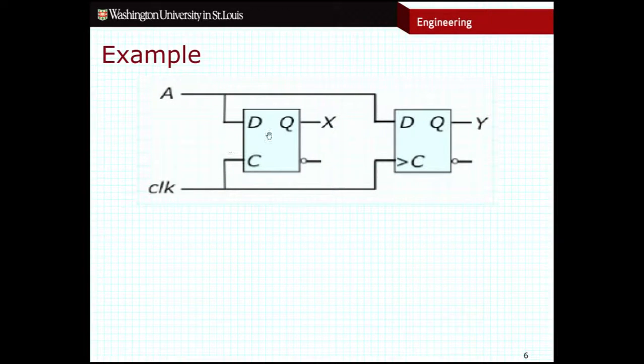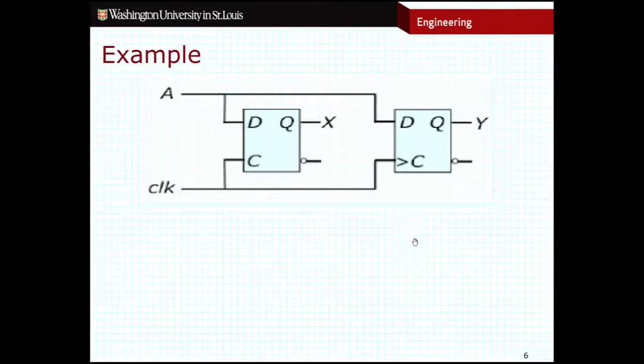Here you see a slightly different circuit diagram for latches and flip-flops. Over here on the left, this is our latch. This is our D latch. Here's D. This input has actually been relabeled to be called C for clock, right? Over here is our flip-flop. This is our D flip-flop. Again, you see our D input. Again, we have C for clock. The only difference between the two is this little arrow right here. Whenever you see this little arrow on a circuit diagram, that indicates that it is a flip-flop as opposed to